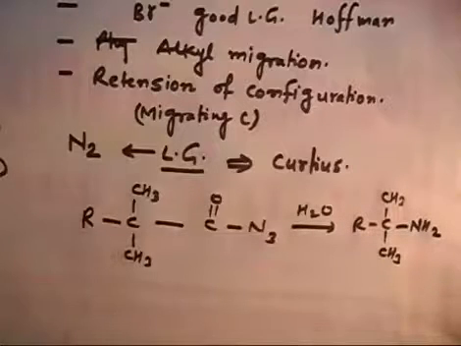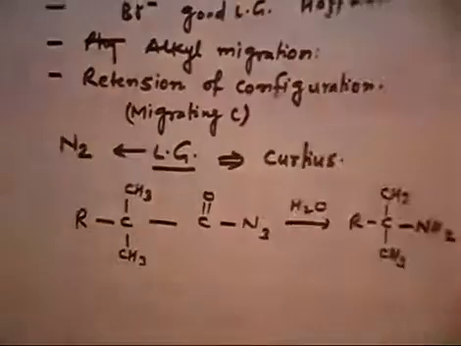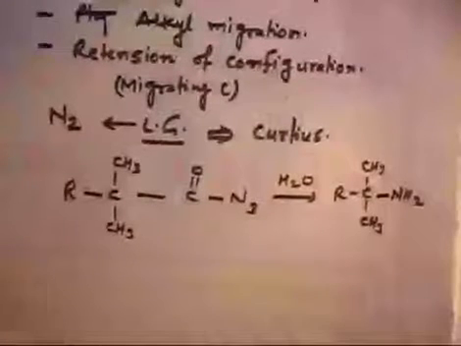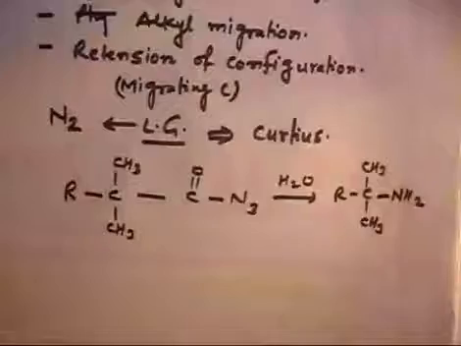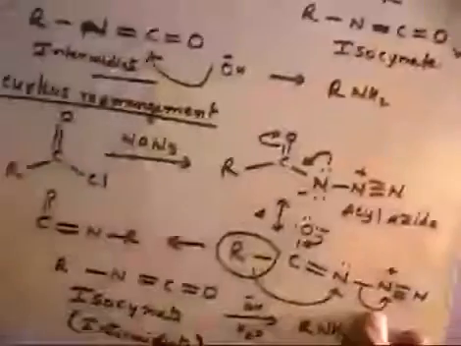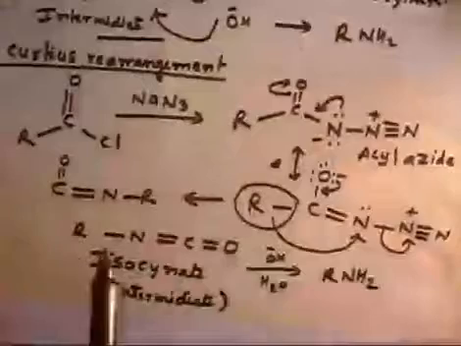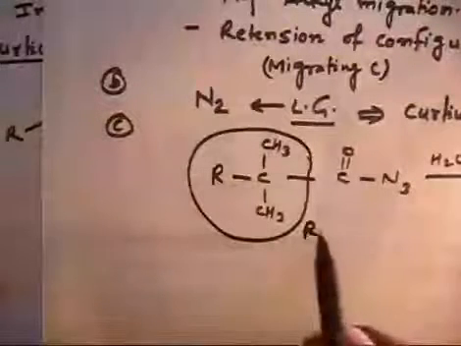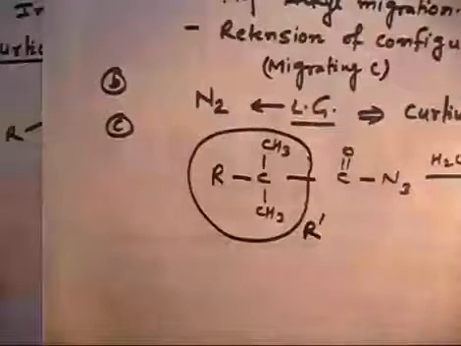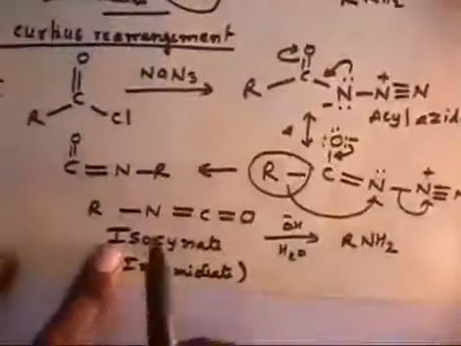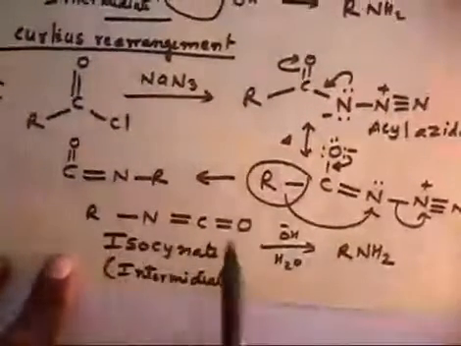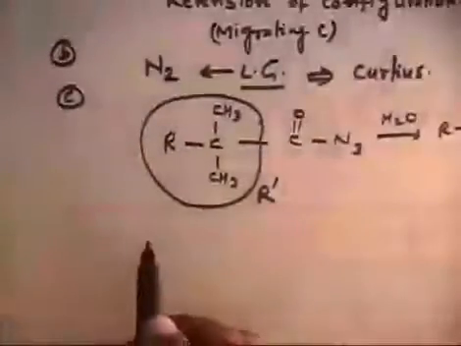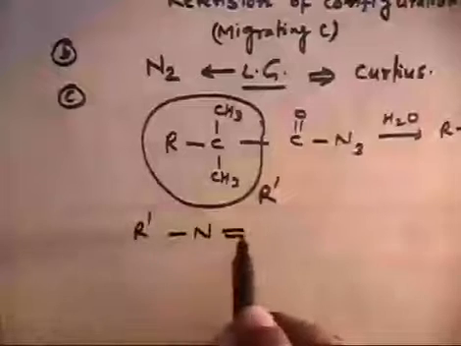So basically up to R and CO, we have already proposed one part of the mechanism. If you see here, let us write it and then we will go to the next page. So up to R and CO we have written the mechanism. In this case this group becomes R, so this is my R dash, and this becomes R dash NH2. Now up to the formation of R dash N double bond CO, we have written the mechanism.